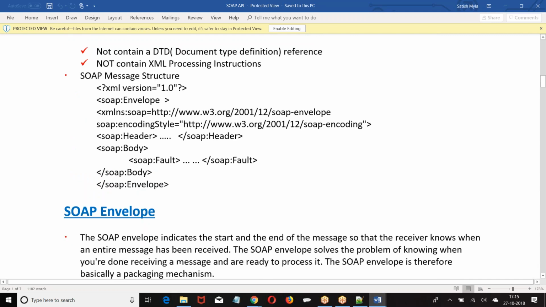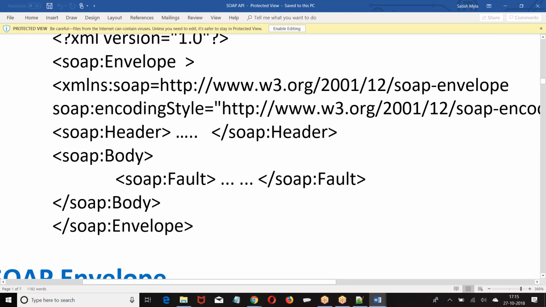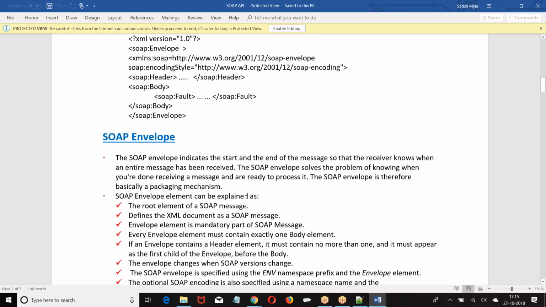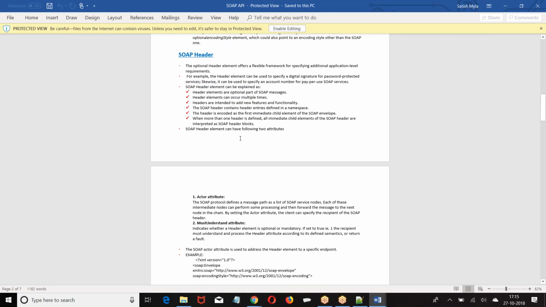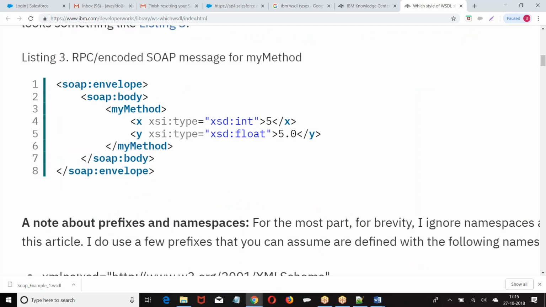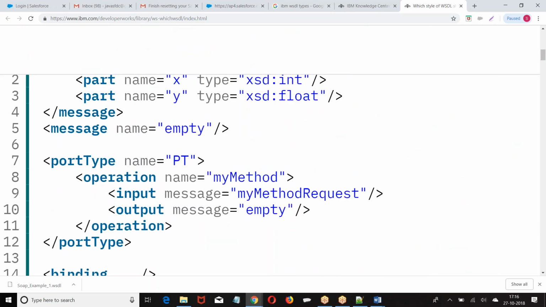So looking at this XML message, look at this: SOAP envelope, SOAP header, SOAP body. I hope you are good with this basic structure. Okay. Now try to understand this point. Now come back to this. Here also we had a SOAP envelope and SOAP body. Whatever data we want to transfer will be there in the body. Now look at this. What is the method you are calling here now?